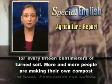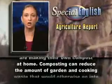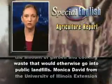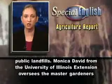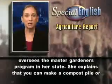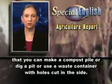More and more people are making their own compost at home. Composting can reduce the amount of garden and cooking waste that would otherwise go into public landfills. Monica David from the University of Illinois Extension oversees the Master Gardeners program in her state. She explains that you can make a compost pile or dig a pit or use a waste container with holes